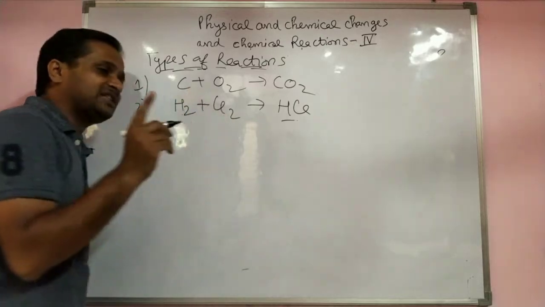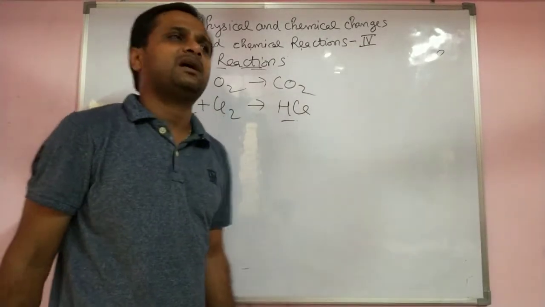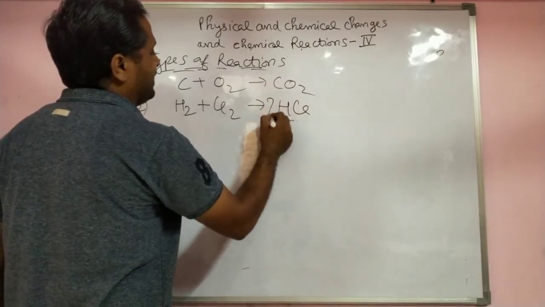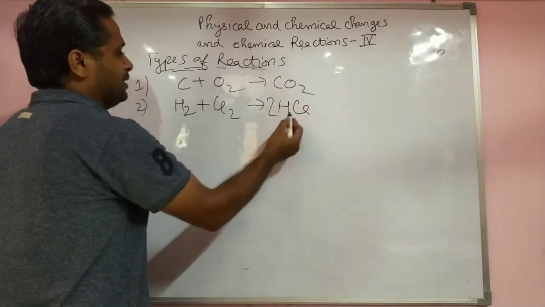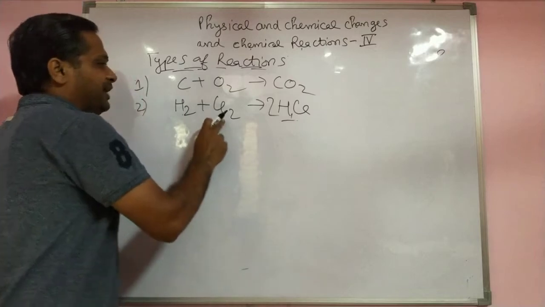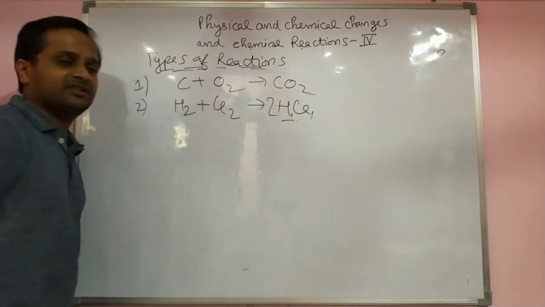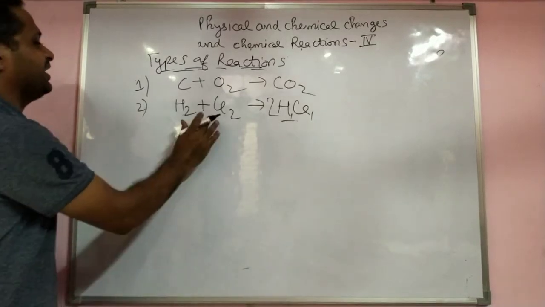First of all, balance the element which has the higher atomic number and mass. Here chlorine is 2, here chlorine is 1, so you multiply with 2. When you multiply with 2, chlorine is 2, and hydrogen is 2 here, hydrogen 2 there, balanced. Very nicely done. This is the second reaction.